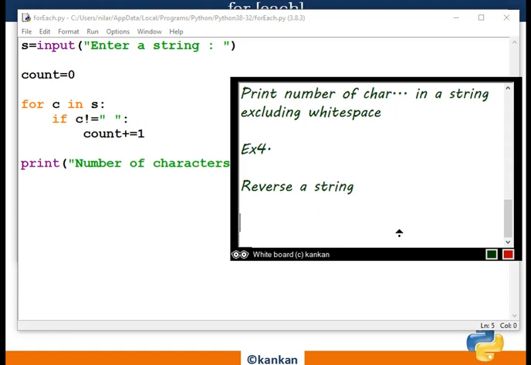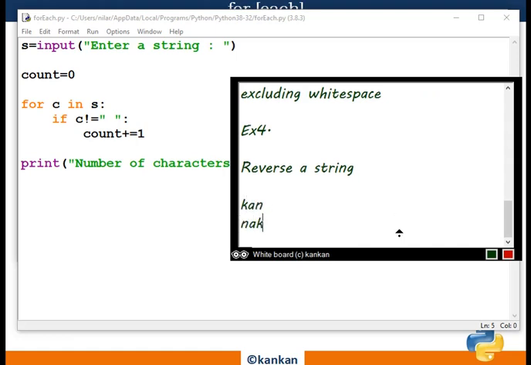That means if the string is this, the outputted value will be this. Okay, this is the string inputted by the user and the outputted value is this.